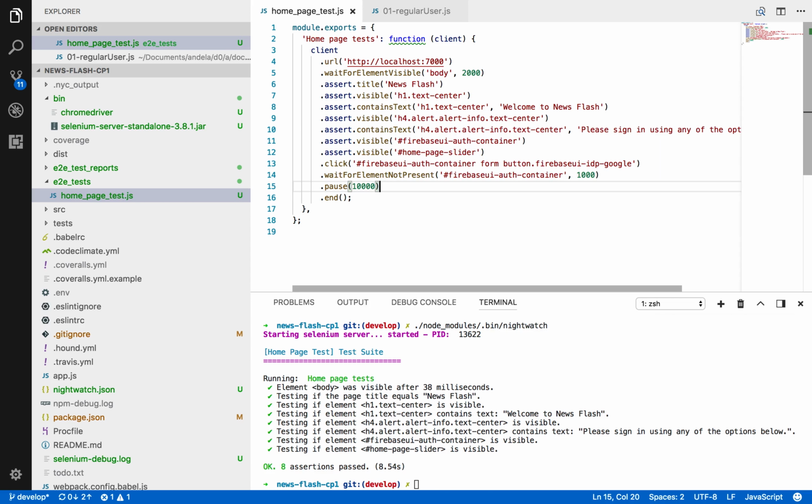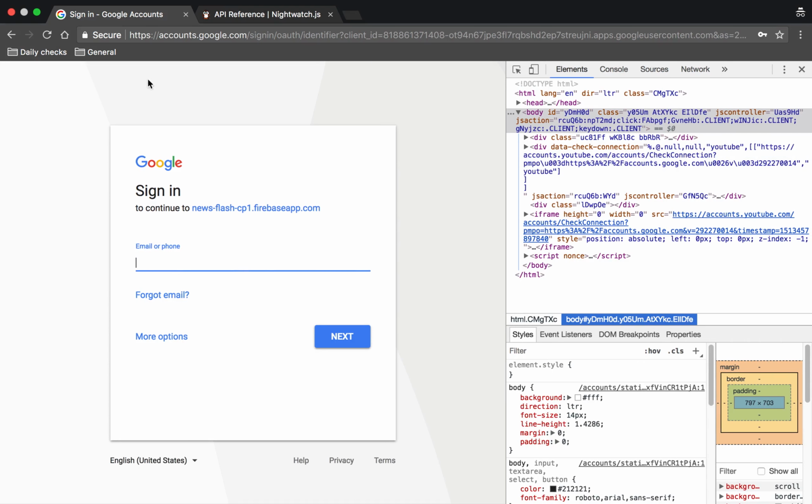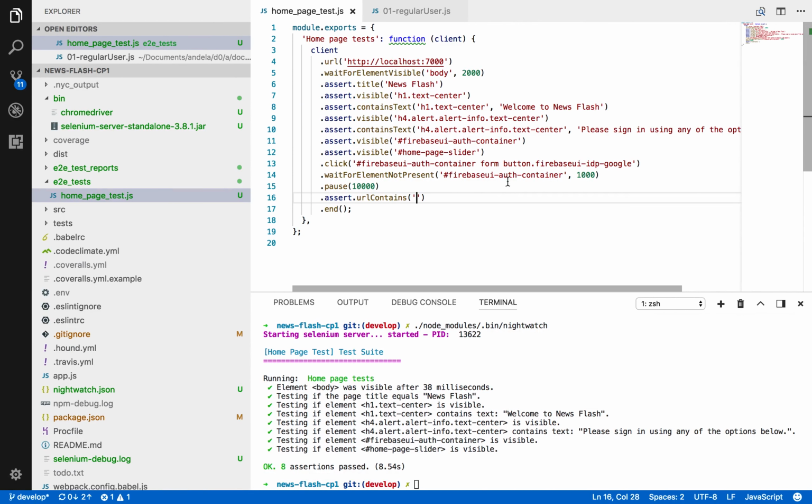Now, the last thing I want to do is that I want to assert that after all that wait, the URL contains where I intend to be, which is the Google sign-in page. So the Google sign-in page, and we're just going to copy a little bit of it, say the beginning, and then paste it here. So to recap,